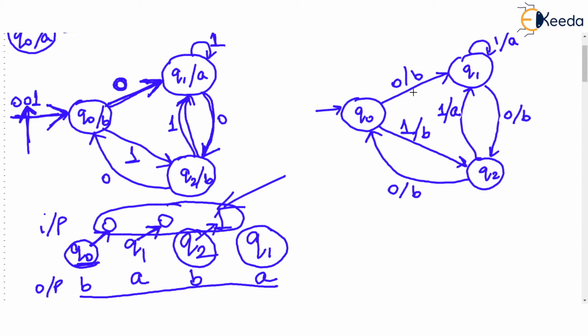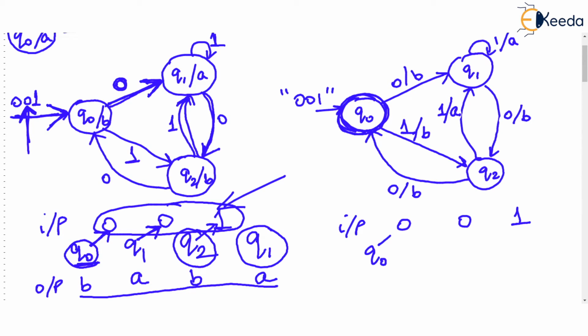Let's come to the Mealy machine. Let's try giving the same input 001 to this Mealy machine. So I'll write the input again. Input given is 001, and the current state is Q0. The machine starts with Q0, but observe that although the machine is in the Q0 state, it does not produce any output. Output can be produced only after reading an input.